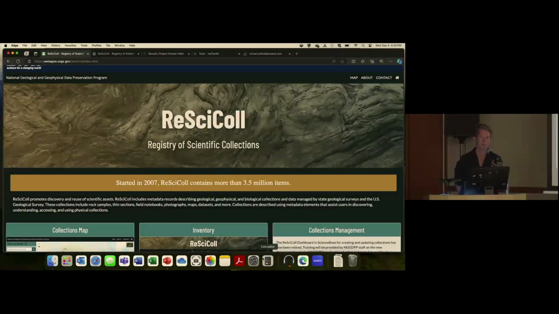I'm a program director at the U.S. Geological Survey. I am not a technologist, but I'm going to tell you a little bit about some tools that we've been working on and working with to try to create a collections management system for USGS, which has broad responsibility for managing a lot of different types of scientific collections, but